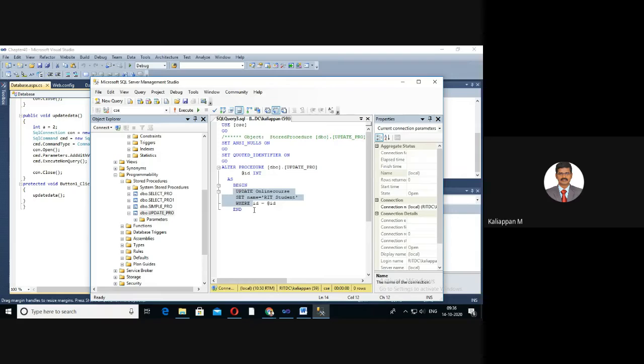Wherever it is needed in your web application, just call this stored procedure. Likewise, you have to practice for your capstone project.